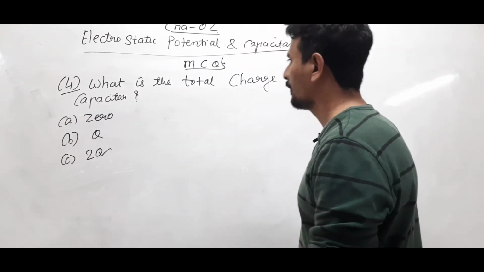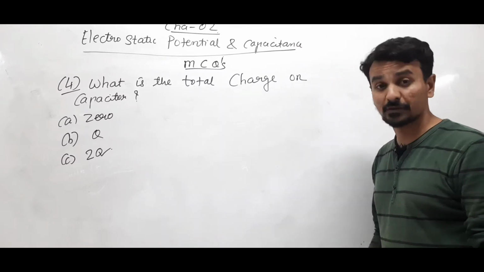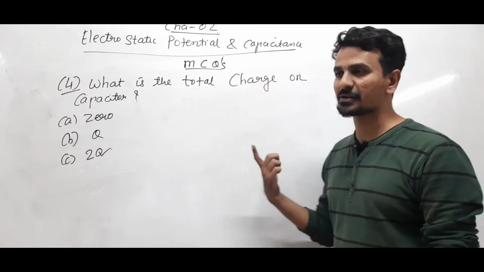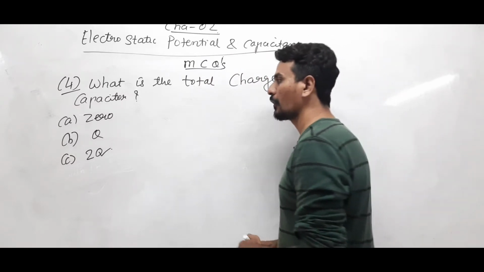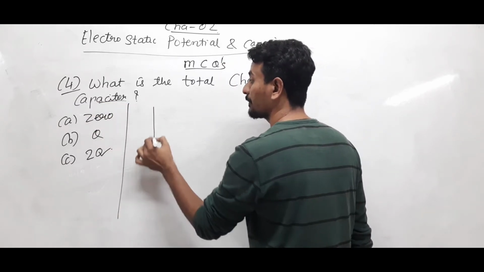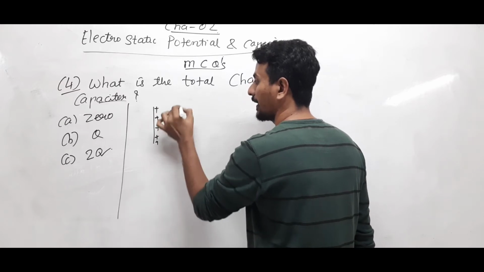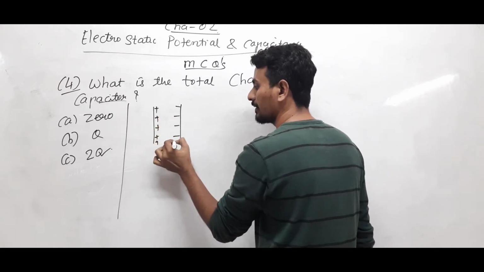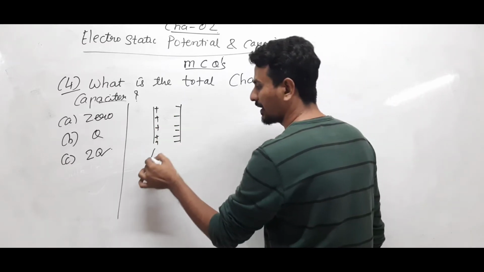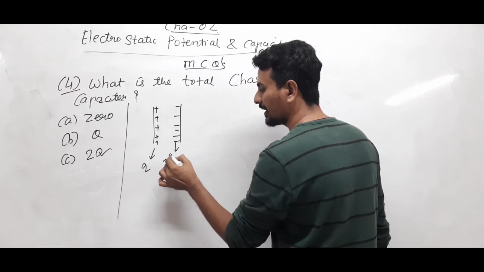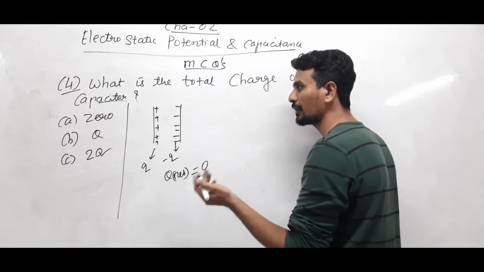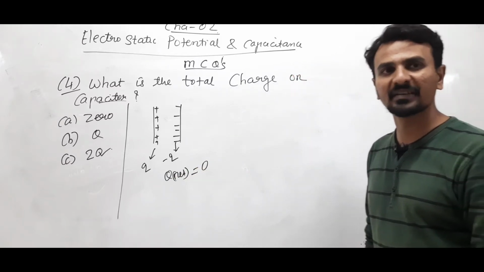The fourth one. What is the total charge on the capacitor? First of all, capacitor is also known as condenser. So they can ask the same question, what is the total charge on condenser? Right? What actually is a capacitor? It's a device where one plate is positively charged and the other plate is negatively charged, right? These are known as the charges on the capacitor. Since one is positive charge, the other plate is equally negative charge, so the net charge on the capacitor will always be 0. The total charge on the capacitor is 0.